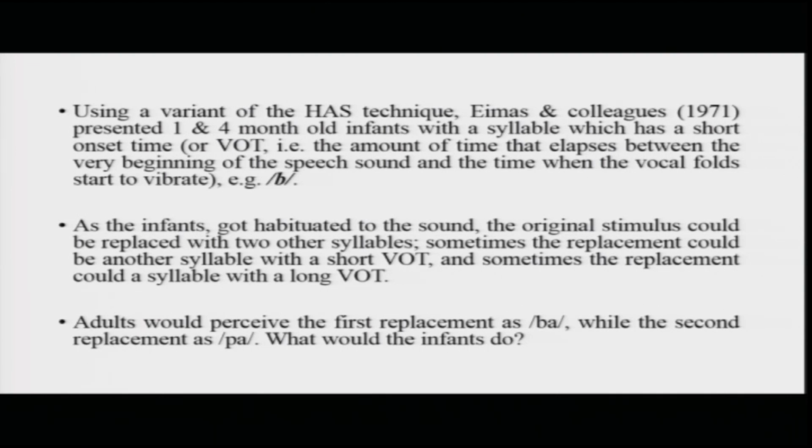Eimas and colleagues in 1971 presented 1 and 4-month-old infants with a syllable that had a short onset time like ba, and what is a short onset time is referred to as voice onset time, and this is typically the time gap between when you start speaking the sound and the time your vocal cords start vibrating. Okay. So there are sounds that have short onset time like ba, and there are sounds that have a slightly longer onset time like pa. Okay. So the gap is a little bit more,